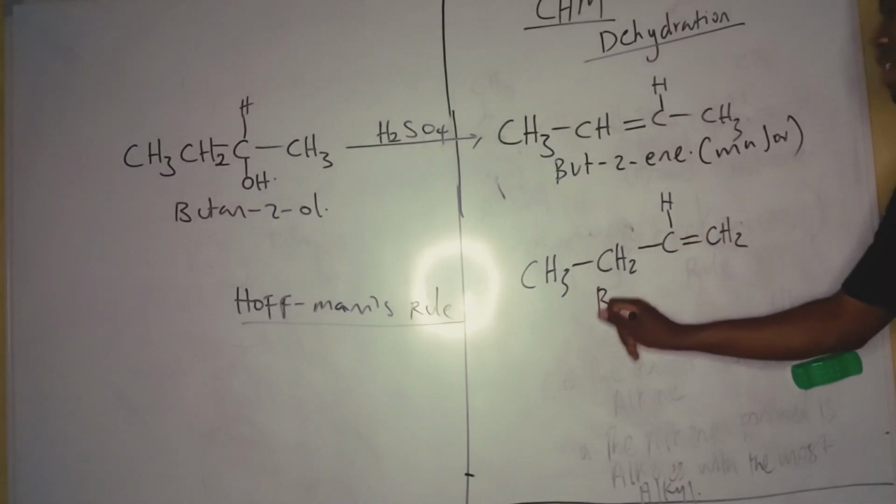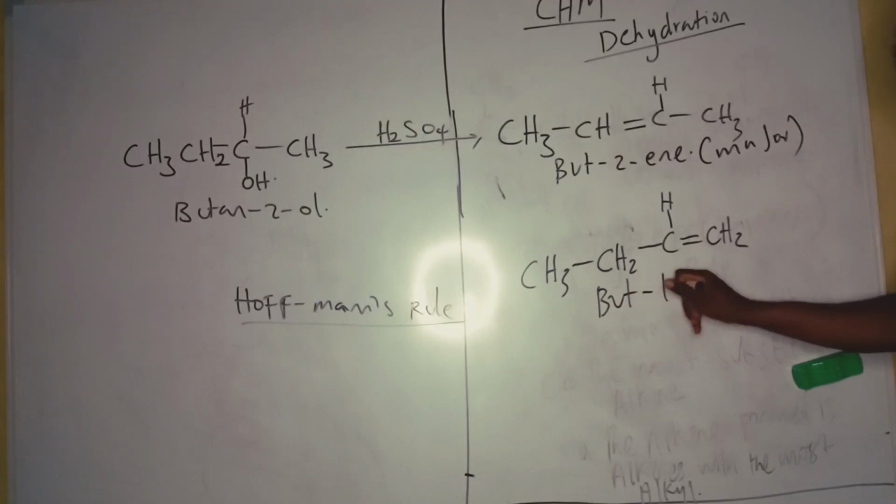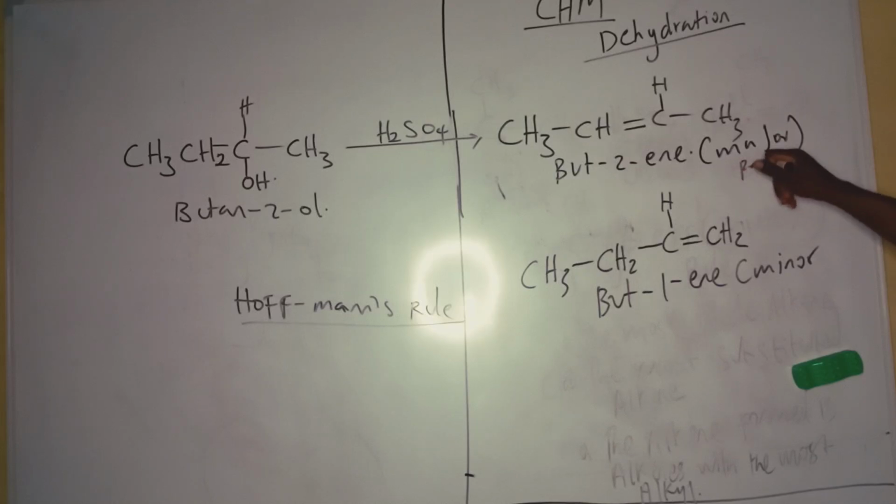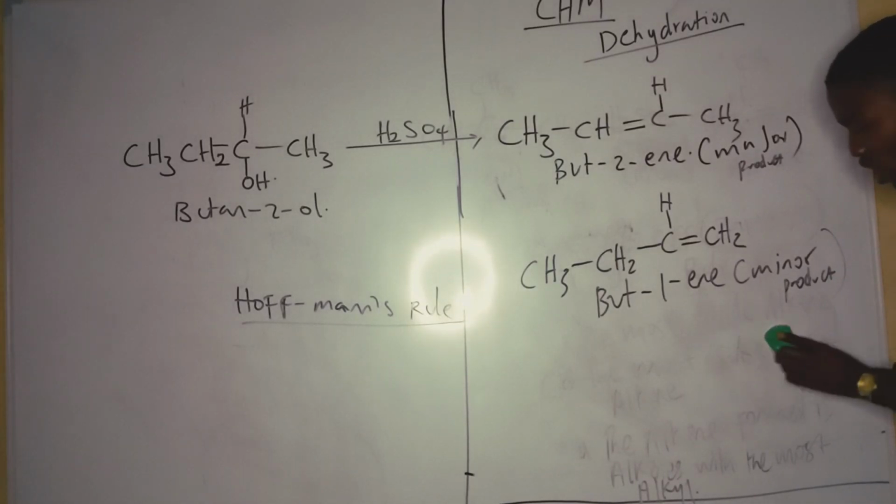So this is but-1-ene. So but-1-ene becomes a minor product. This is the major product, this one becomes a minor product. But if I'm obeying Hofmann's rule,